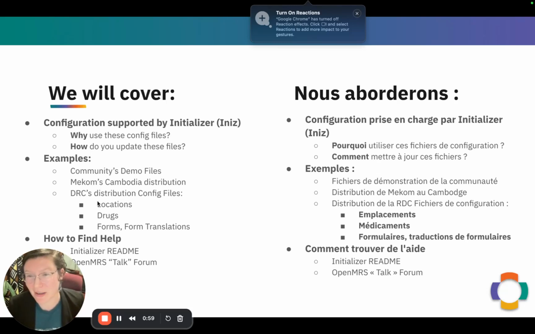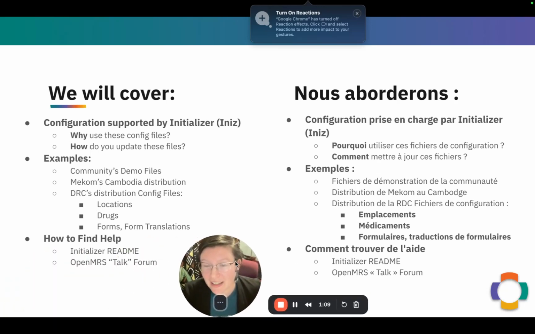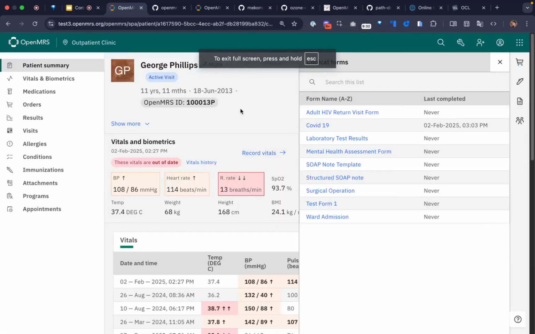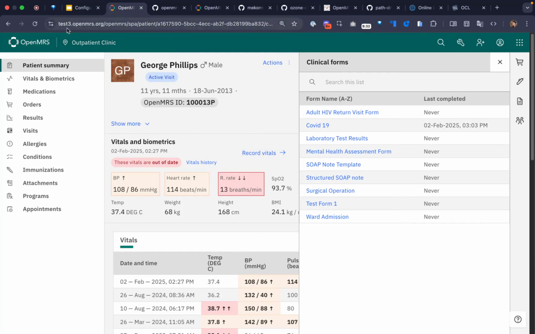We'll do some example location configuration, drug configuration, and form configuration along with form translation. We'll also talk a bit about how to find help, like the Initializer README, which is a great resource, as well as the OpenMRS Talk Forum. Let's get started. So when you are looking at an OpenMRS EMR, for example, this is the community test version